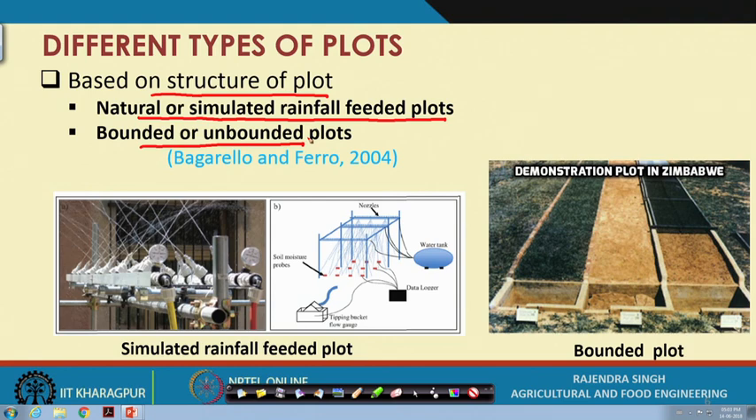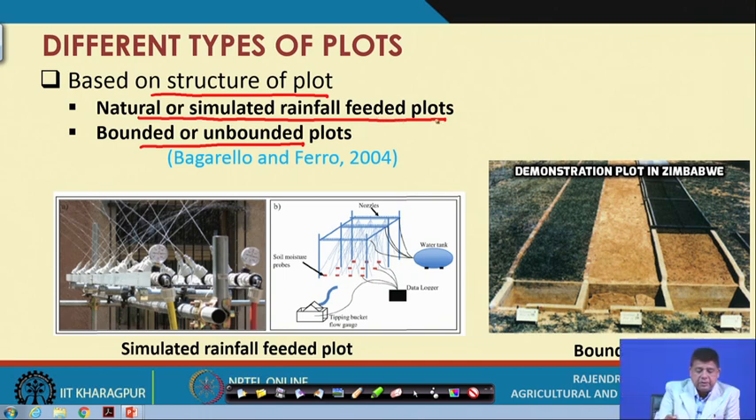So, when we say natural or simulated rainfall fed plots, natural plots, the name itself suggests, have natural rainfall conditions. But in the laboratory, many a time, we use plots with simulated rainfall, and the advantage of simulated rainfall, for example, this is an example of a simulated rainfall fed plot. Here the advantage is that once the rainfall is being simulated by us, we can create rainfall of desired